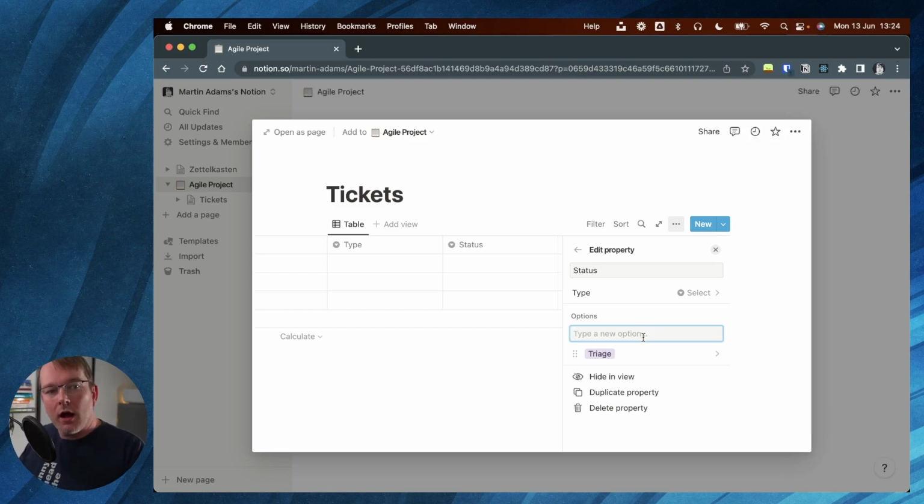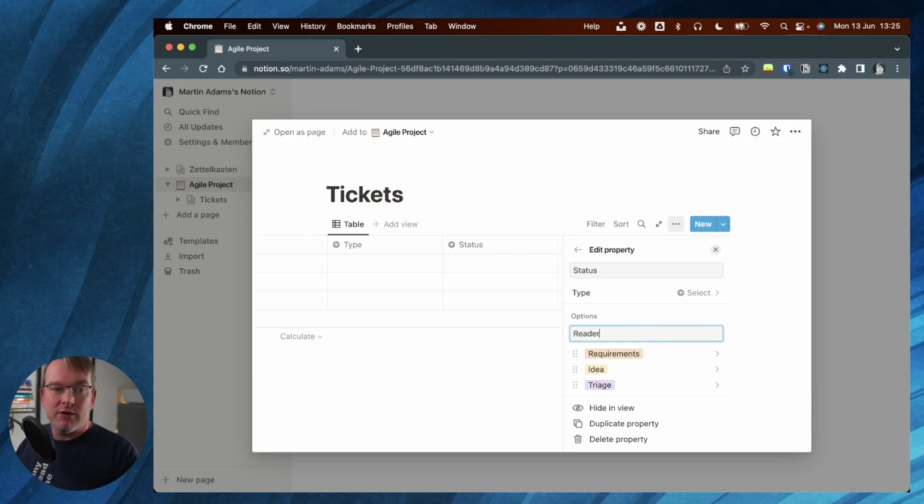Then in terms of the workflow, we're going to say, okay, things start as triage. I'm also going to say we might just have ideas. So this is like our backlog. So it's stuff we just want to capture, we're not ready to work on. We'll leave that in there as ideas. Then they move through to triage, requirements. So we might want to start refining how we're going to do this. What are the requirements that we need to think about? And then ready